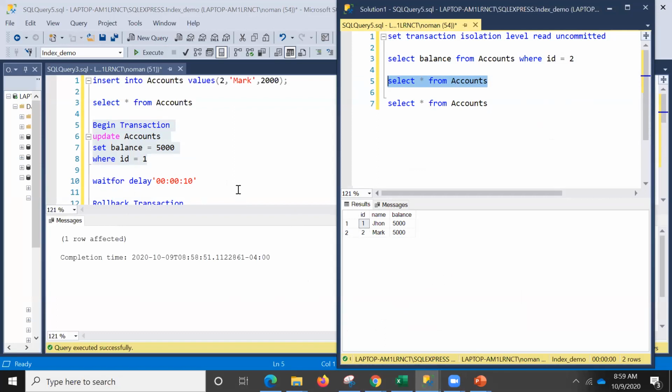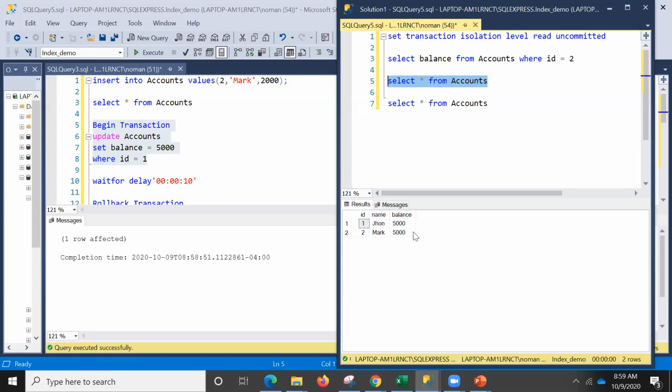And why is it giving me 5,000 over here? It was 8,000 before. Anyone in the chat window, why is it giving me 5,000 for John's value? Maybe because John's value has changed. Okay, Mohammed, that's a very good answer. I need at least an IDK from everyone. You haven't committed the transaction. You are right, but why then is it giving 5,000? You remember it stopped my execution previously. So why is it doing that?